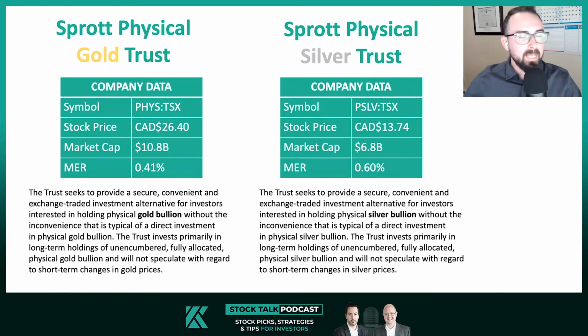custodian. And the other one here, Sprott Physical Silver Trust, or PSLV on the TSX, trading at $13.74 Canadian right now, with a $6.8 billion market cap and a management expense ratio of 0.6%. The Silver Trust is essentially the same, but it invests primarily in long-term holdings of unencumbered, fully allocated physical silver